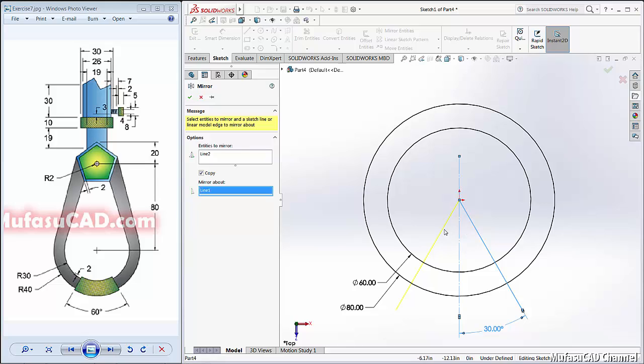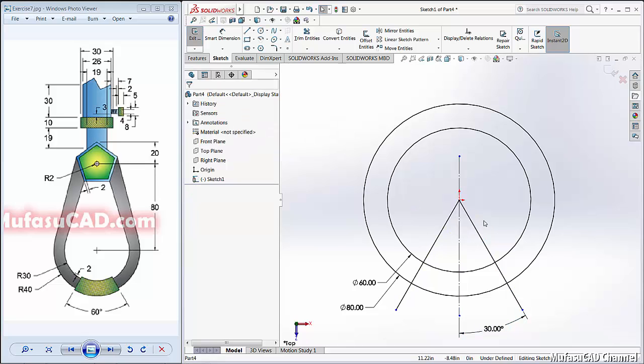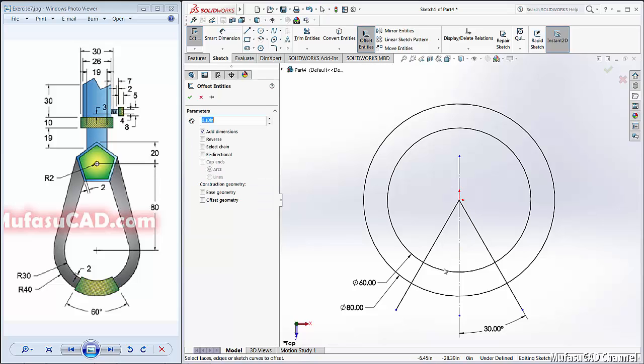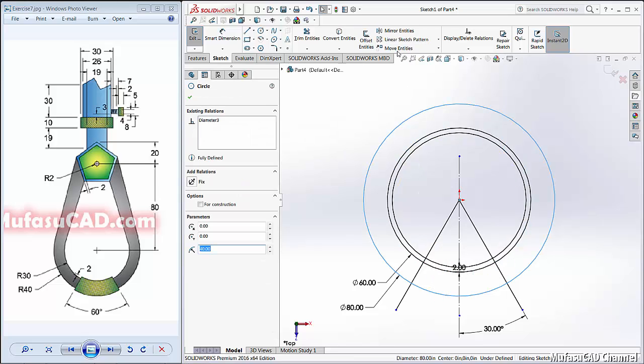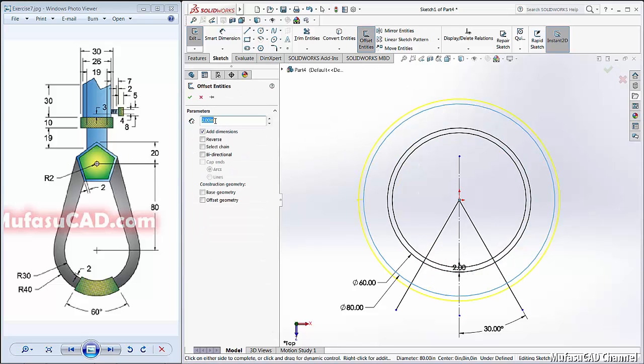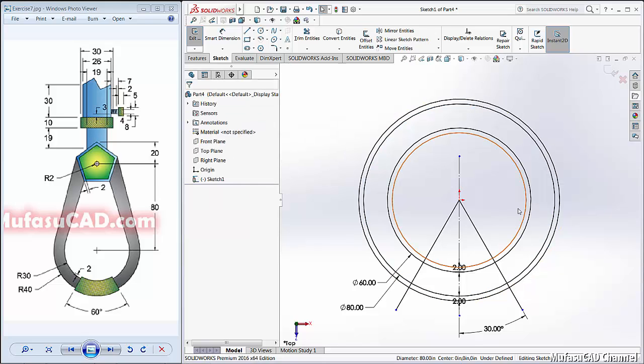Click here and OK. Then we use offset entities to offset this circle with the reverse, and the point is about 2. Okay, and the last circle here we offset again 0.2 and OK.